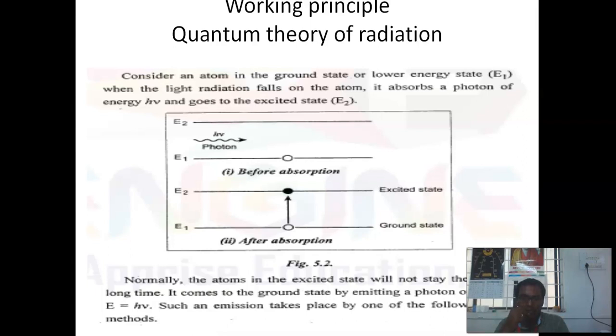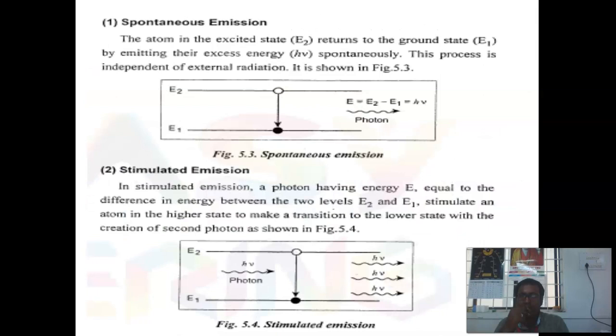Such an emission takes place by one of the following two methods. One is spontaneous emission and the other one is stimulated emission. In the first one, the excited state E2 returns to the ground state E1 by emitting its excess energy h nu spontaneously. This process is independent of external radiation, as shown in the figure. The next one is stimulated emission. In stimulated emission, a photon having energy E equal to the difference in energy between the two levels E2 and E1 stimulates an atom in the higher state to make a transition to the lower state